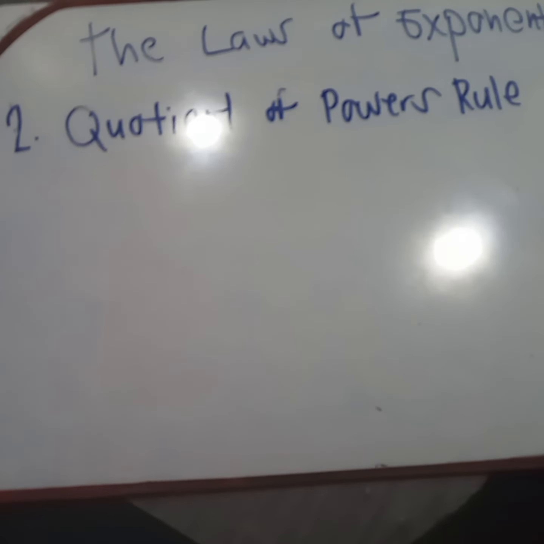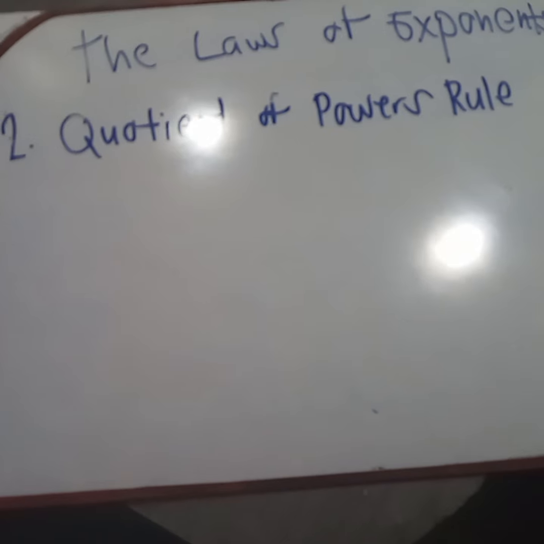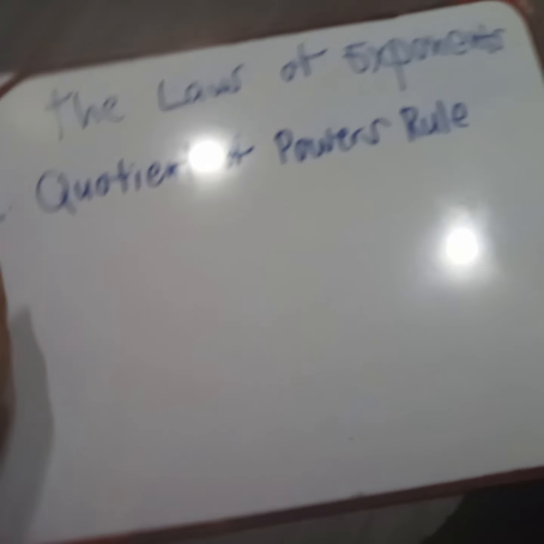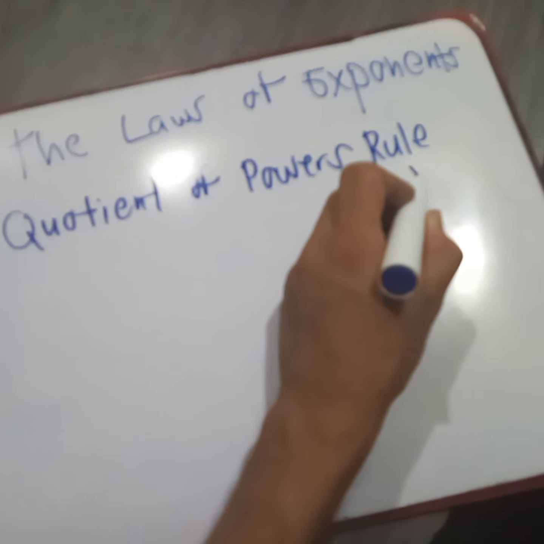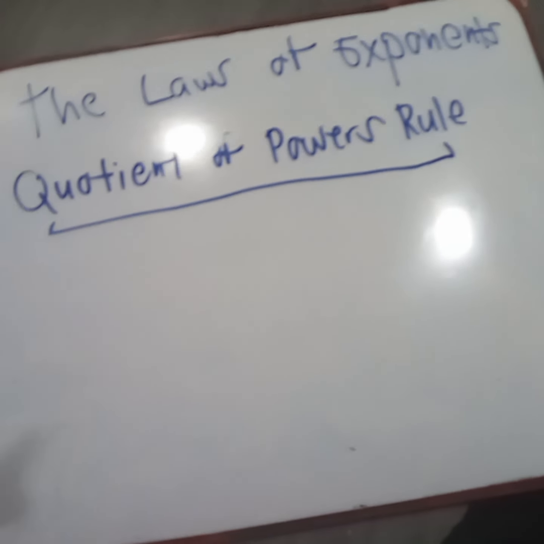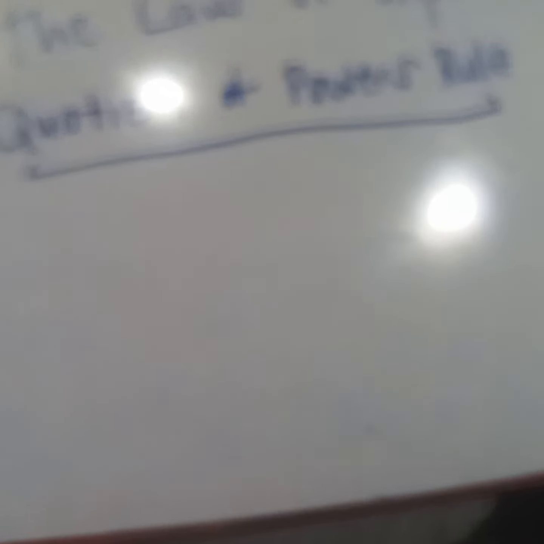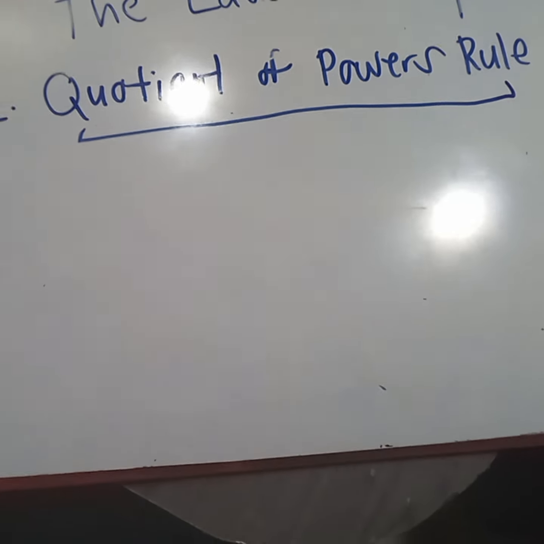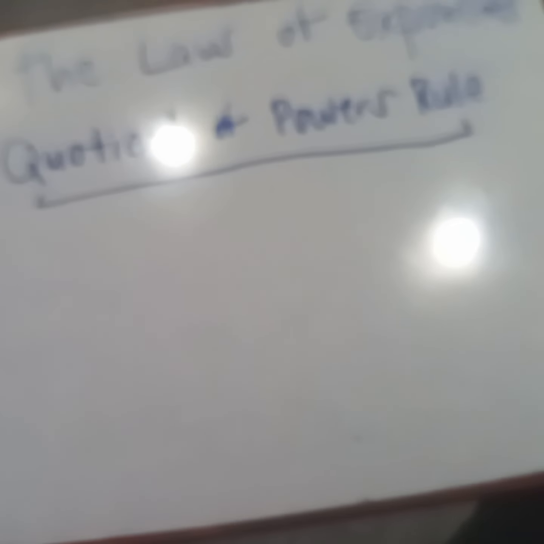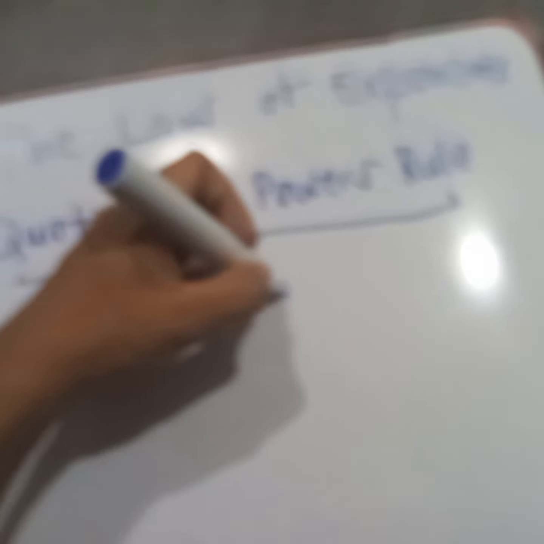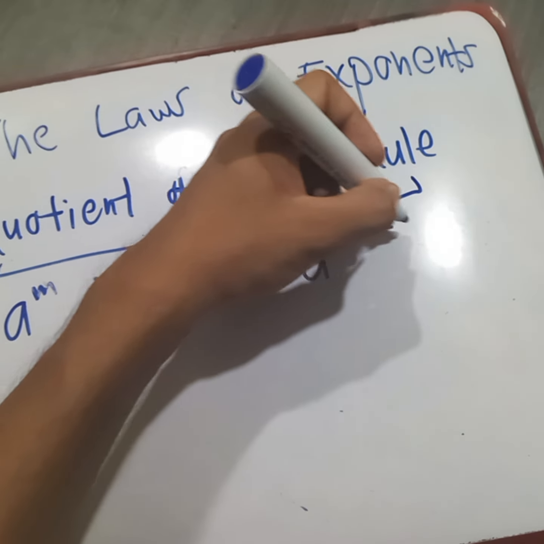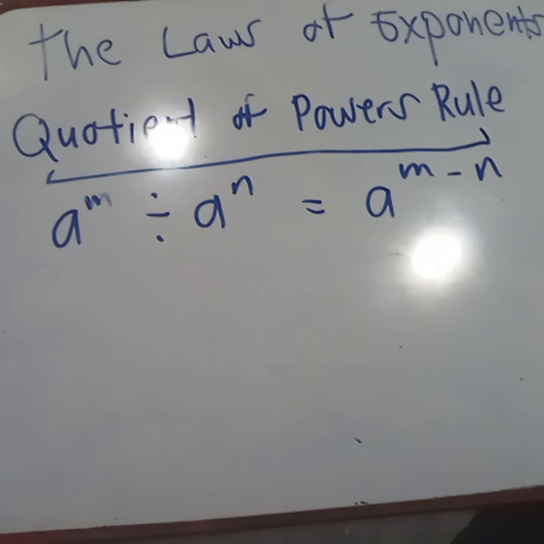It doesn't really matter if you can't memorize this terminology, it's just the name of it. In doing exercises, it's not essential to memorize this. So a to the m over a to the n, when working with quotients, you just subtract